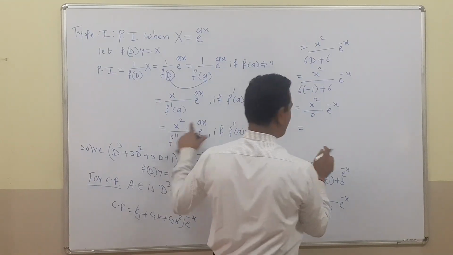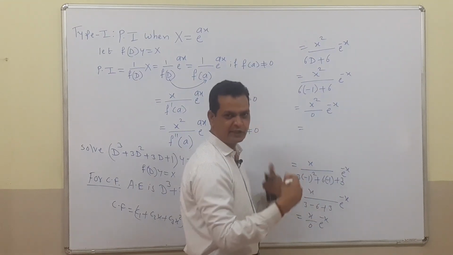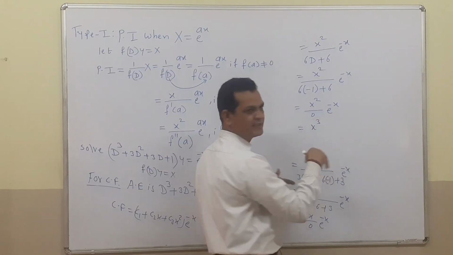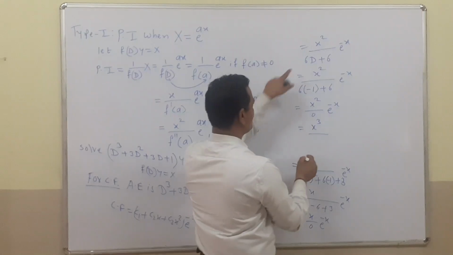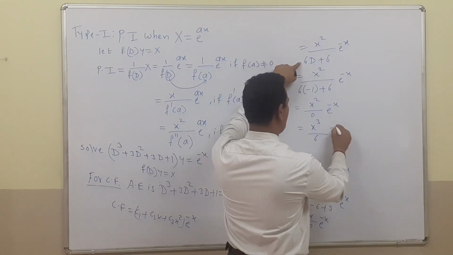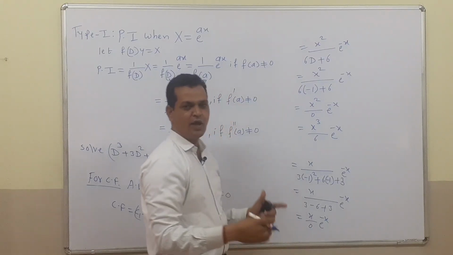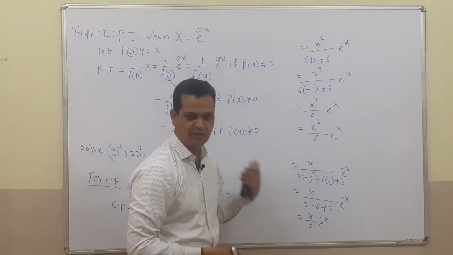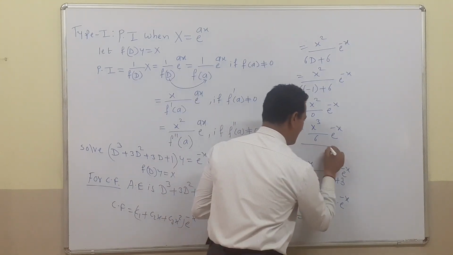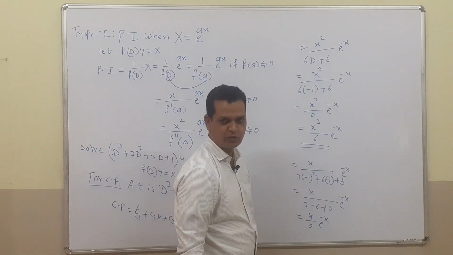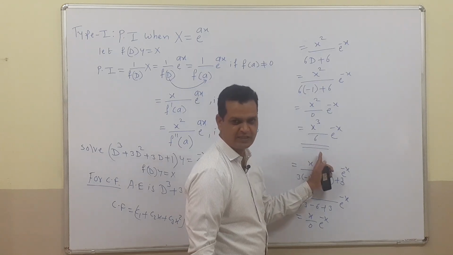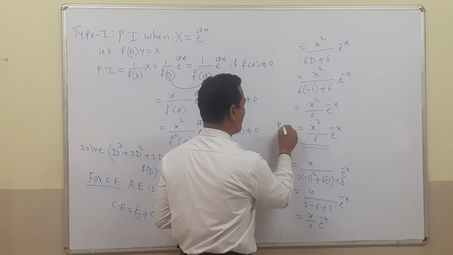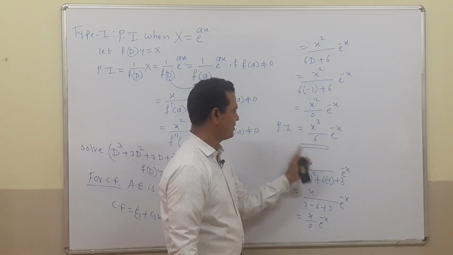According to this formula, attach one more x on the numerator and take the derivative of the denominator with respect to d. Then x into x square is x cube divided by the derivative of this term, which is 6 into e raised to minus x. Now the question is how long we have to proceed. We can proceed till the term d is absent from the final solution. If the d term is absent in this equation, then we get the final solution. So in this way we get the value of the particular integral, which is x cube upon 6 into e raised to minus x.